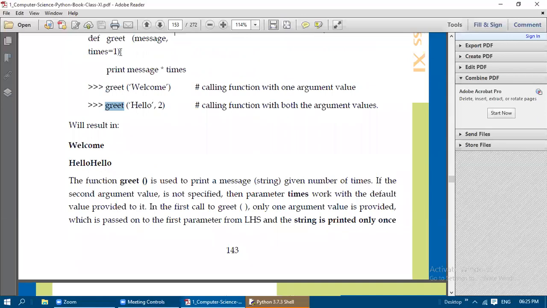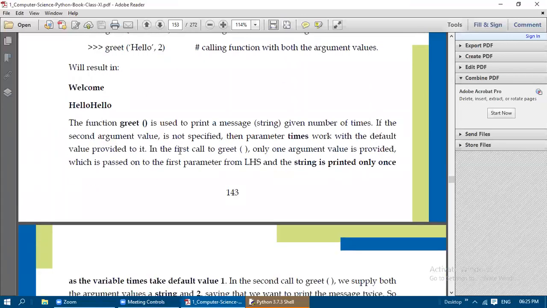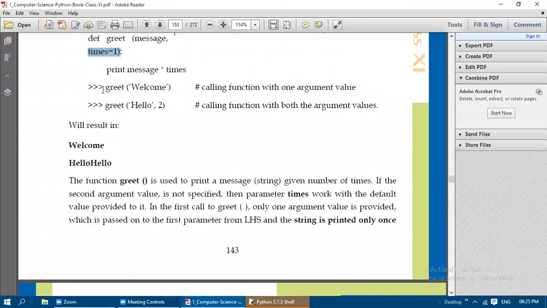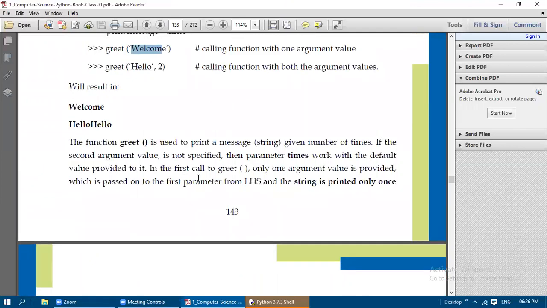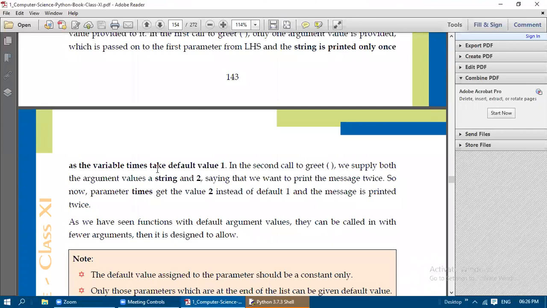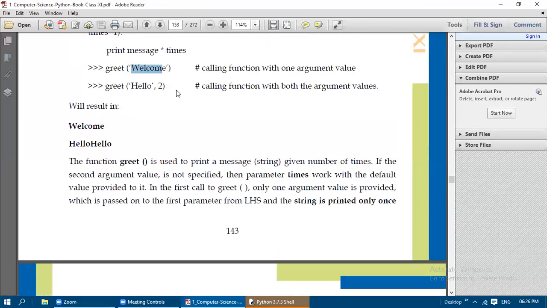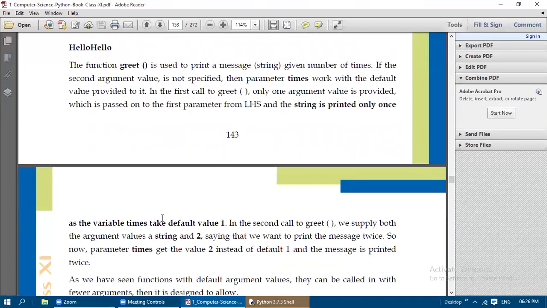So what is the default value provided to this parameter? 1. In the first function call to greet, only one argument value is provided, which is passed on to the first parameter from the left hand side. This welcome is copied. And the string is printed only once, as the variable times takes the default value 1.